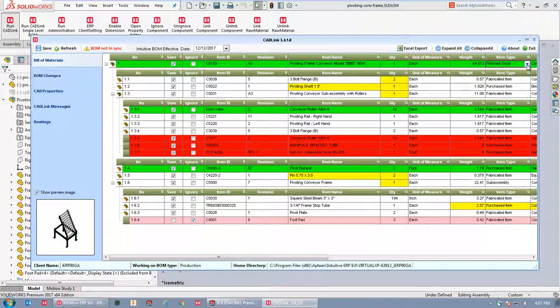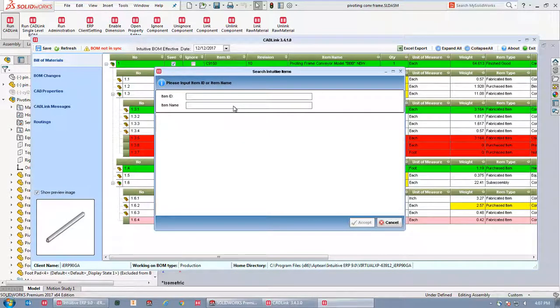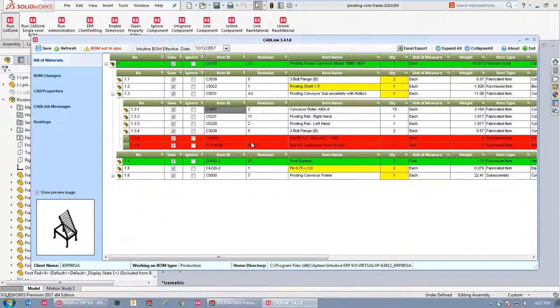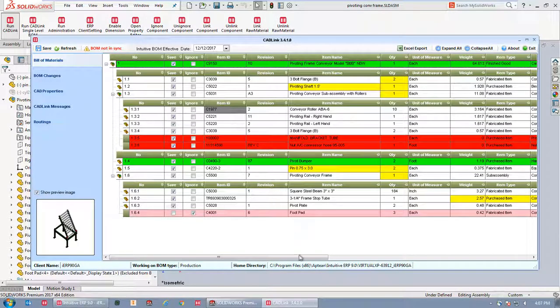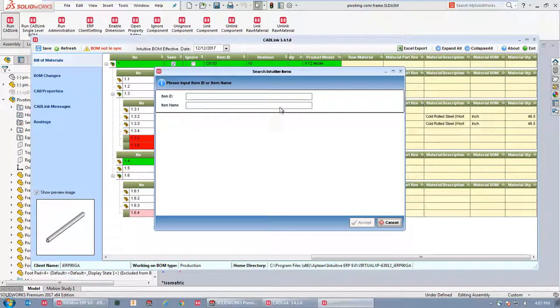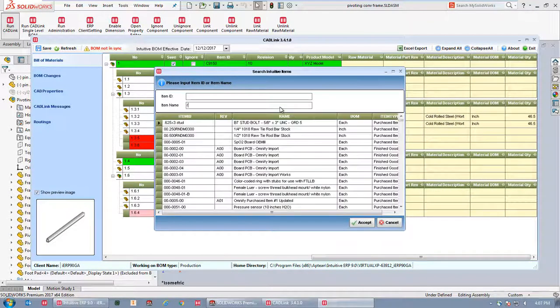Use CADLink to update both CAD model properties and intuitive ERP item masters. Link part and assembly models to existing items in the ERP system. Add bill of material relationships to fabricated items by linking them directly to the raw material parts in the intuitive